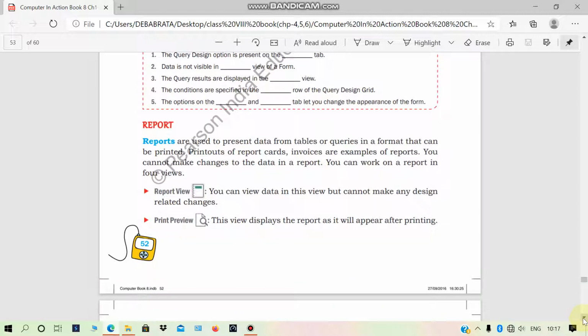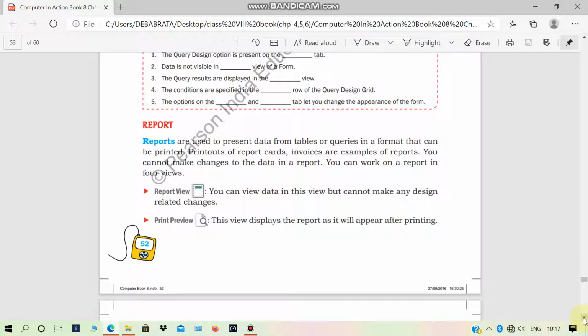A report is an object in a database that is used to represent the data of the table in the final layout. So a report is the final output of tables data that is represented to the management for decision making purpose. A report is like a PDF document where you cannot change, alter, update data. That means a report is the final output of the table information.